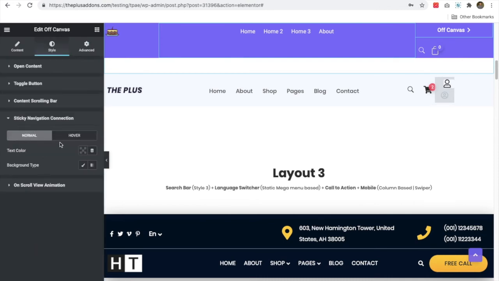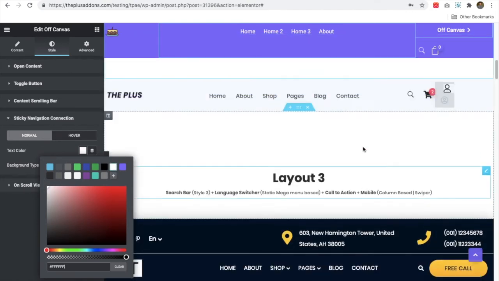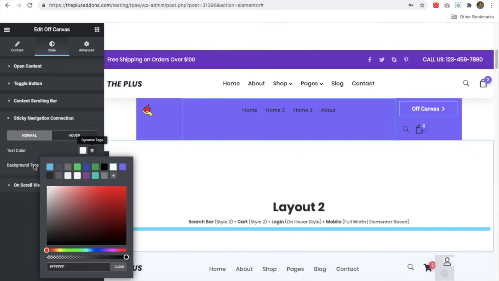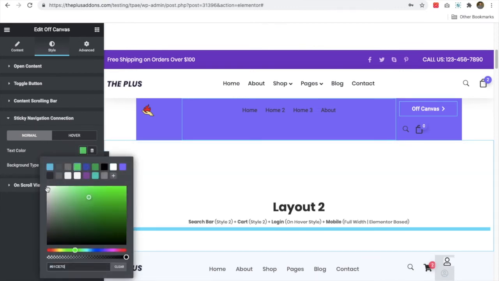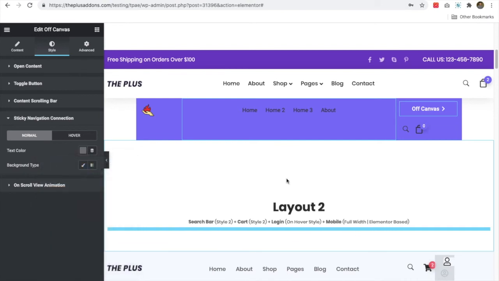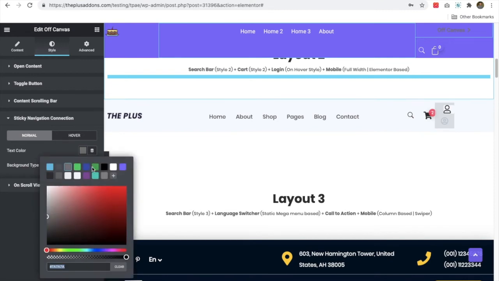Here you can see the sticky navigation color. From there you can change the color of the text. You can see the option over here. On a sticky, let's make it a gray, so you can see the color difference.